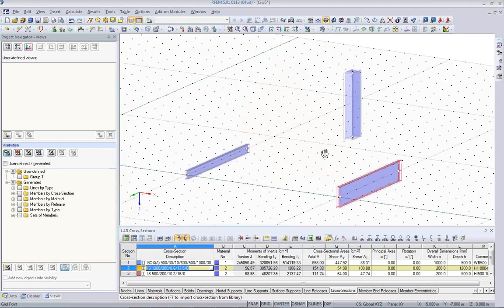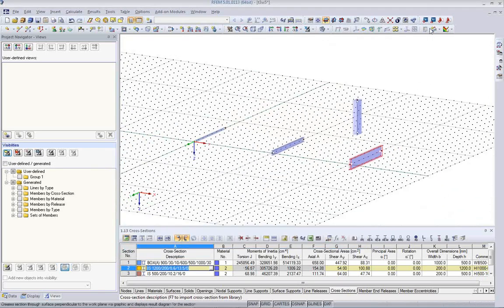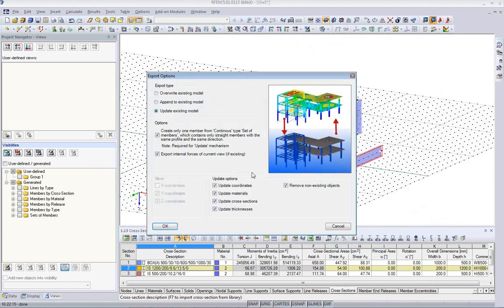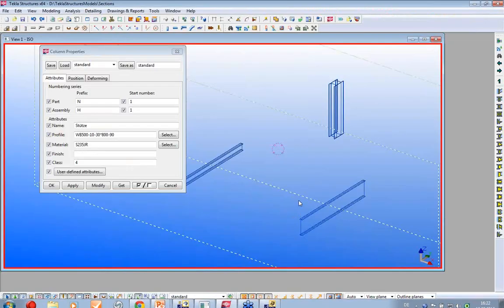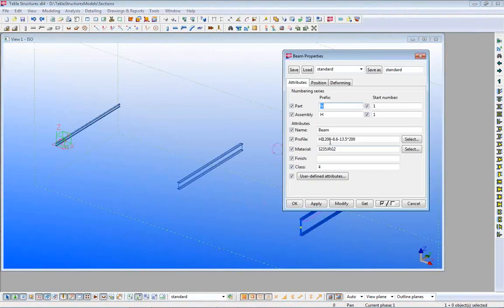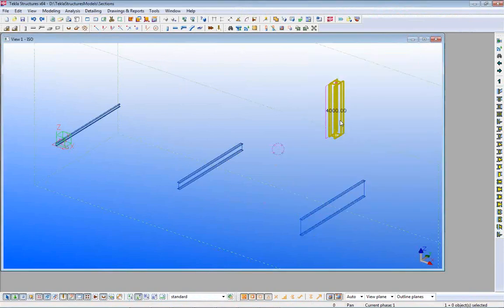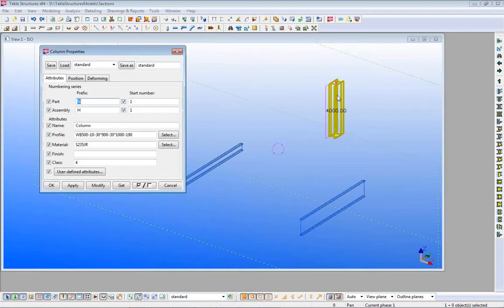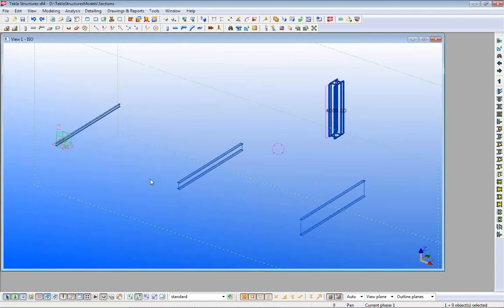Okay. And this changed information I send to Tekla now, and I update the structure. Update existing model. Okay. And I look into Tekla, and everything is updated now. I have here 1200, and this parametric section is also updated. One more word to this